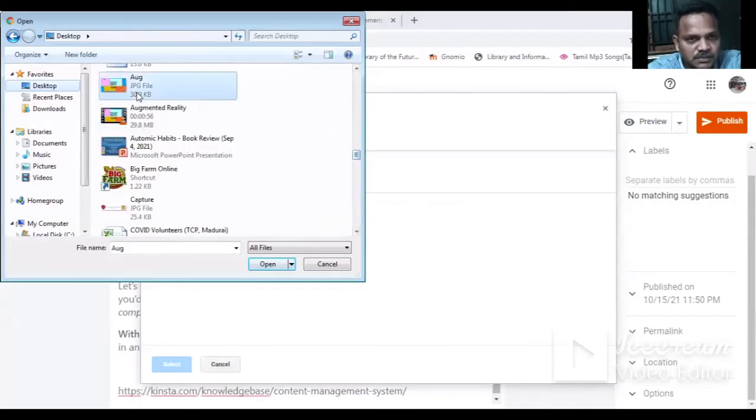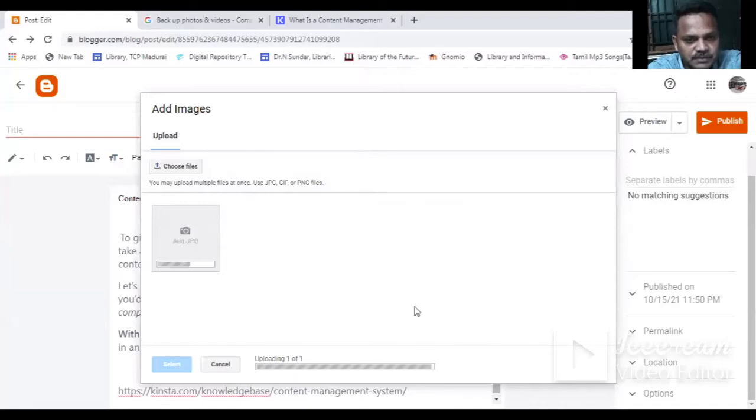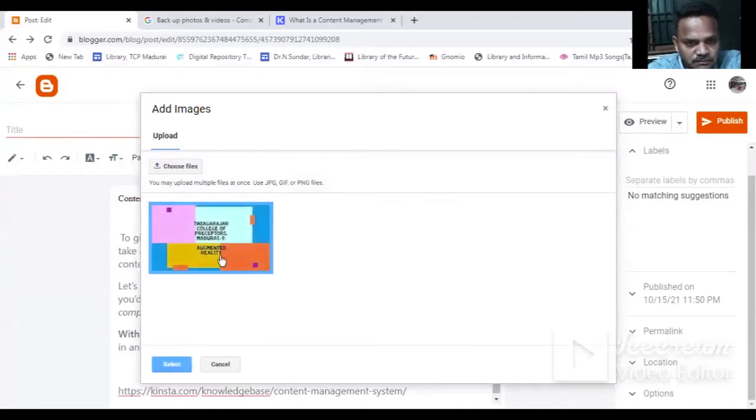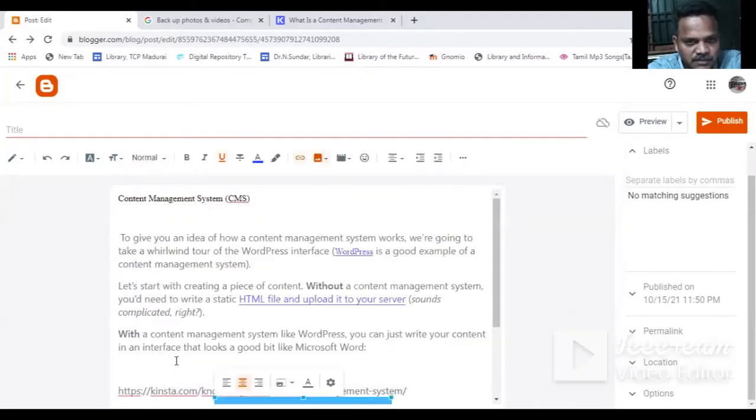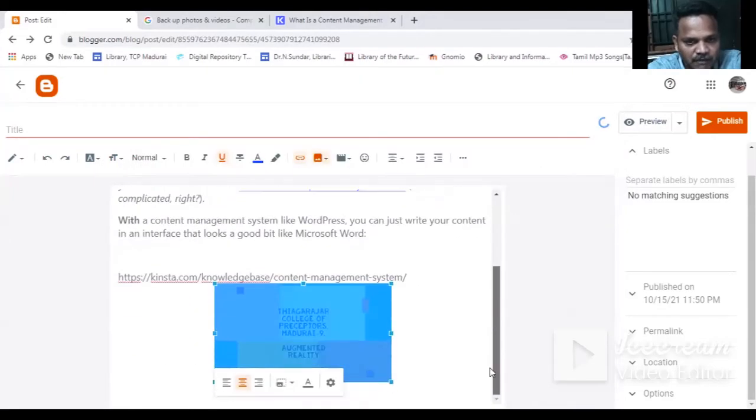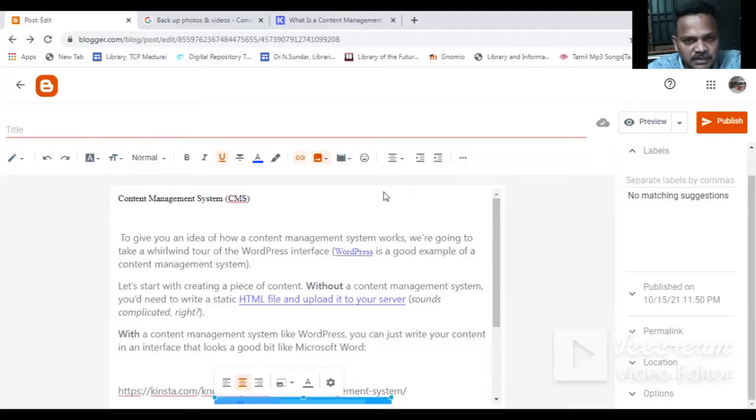Okay, just take this image just for a sample purpose. Select. Now you have an image and some content.